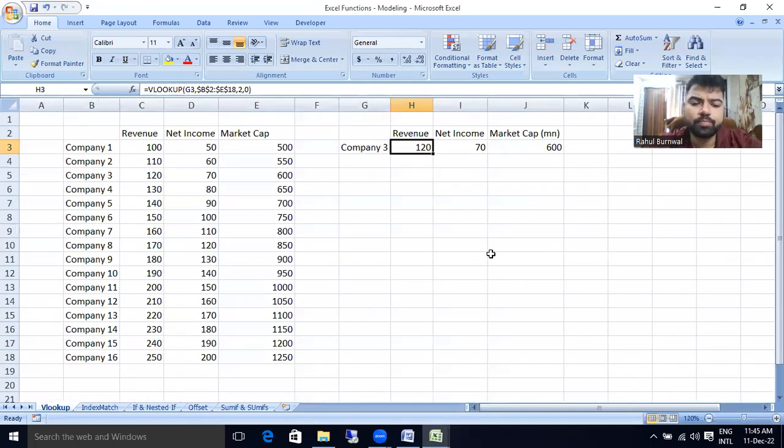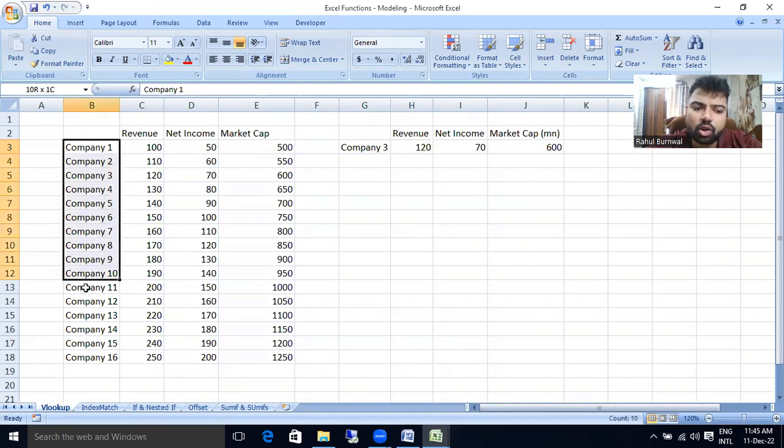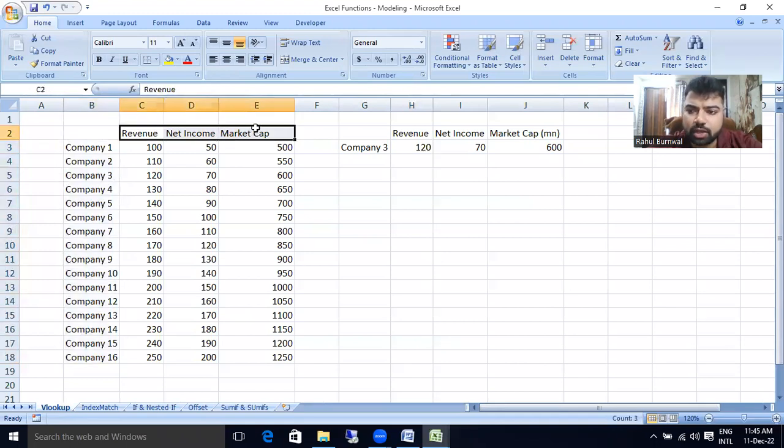Okay, now same example that I was just discussing a little earlier. These are all, for example, companies. These are the data points for those companies. I have just taken revenue, net income, and market cap. Just that. Okay. What I need is, I need to have revenue, net income, and market cap of company 3,